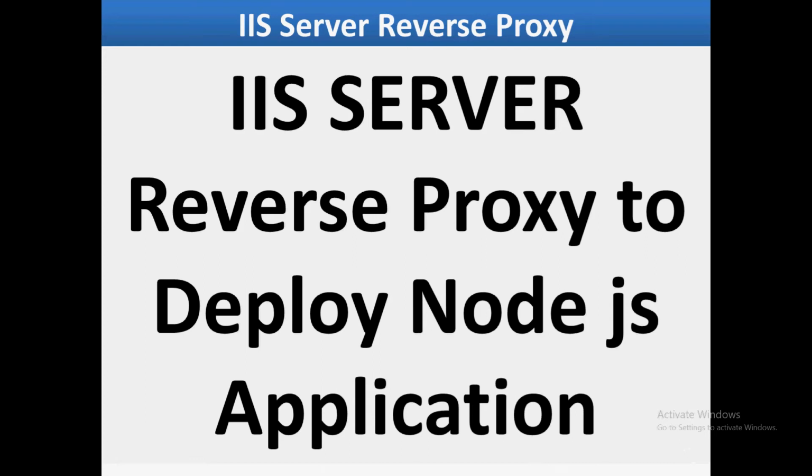In this video we are going to discuss how we can deploy a Node.js application on IIS server using a reverse proxy. So the Node.js application will be running on the server on its local port, and how we can set up this reverse proxy concept in IIS server so that all the requests that are required for Node.js are redirected using a